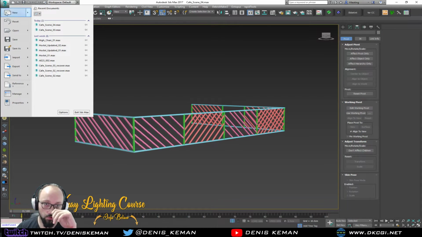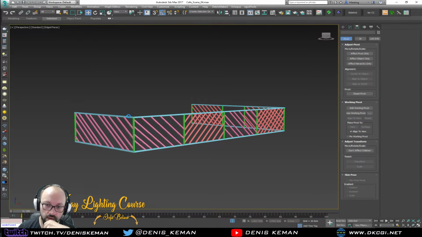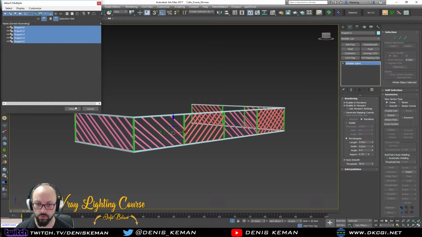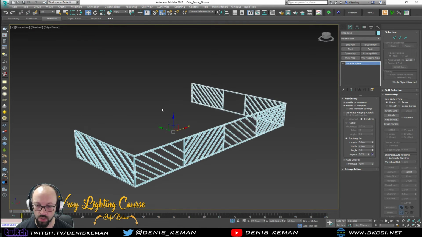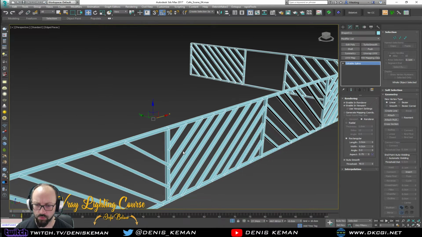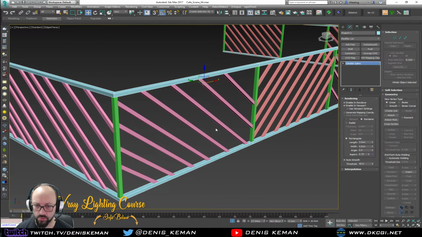Now for this, before I do anything else, I'm gonna save, and now I want to have everything be the same exact in the spline. So I'm gonna go attach multiple, all of these shapes, attach them together as one. There we go, that's fine. Oh, a bit of a problem here though. I shouldn't have done that, because if I do that, everything is going to get this